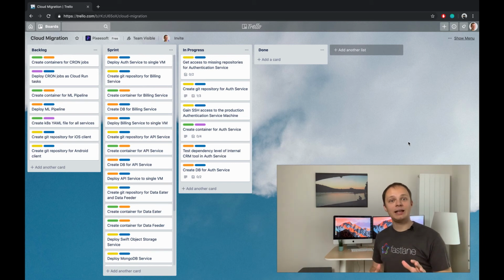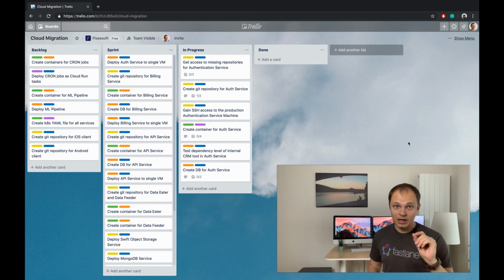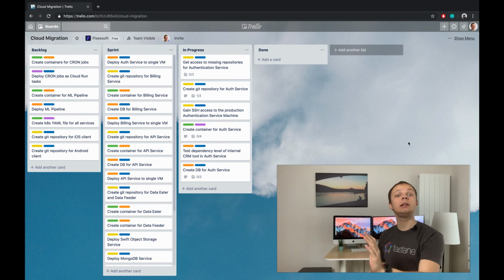Another issue added is the access to the production machine. Now, this is a slippery slope. Be careful. You don't want to tinker with the production machines, unless you're 100% certain. Even then, you shouldn't really play around for too long. I simply want to log in, turn on Midnight Commander, check the folder structure, and promptly leave again. I should have the access by the end of the week.